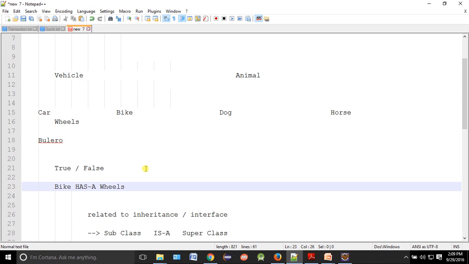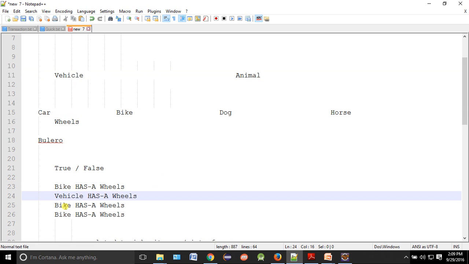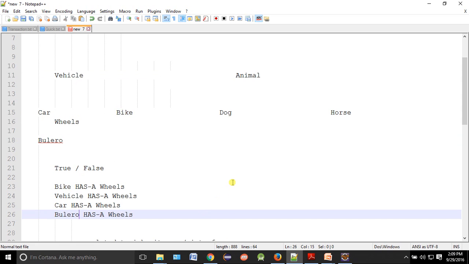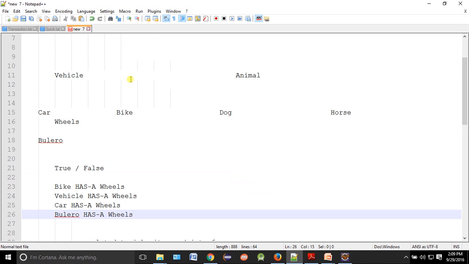So let's try to have all those: vehicle has wheels, car has wheels, Bolero has wheels. Here one arrow will be there, which will tell you the inheritance tree. I am not able to generate the arrow here.